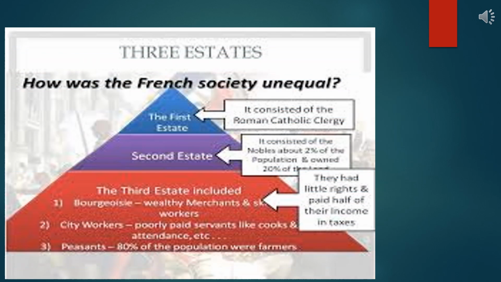To understand the condition of all the estates, let us look at the picture more precisely, students. The first two classes were exempted from paying taxes. They enjoyed privileges by birth. They also enjoyed feudal privileges and occupied most of the land. Thus, only the members of the third estate had to pay taxes. Taxes like tithe and taille were collected by government and church. They were 90% of the population but possessed only 40% of land.